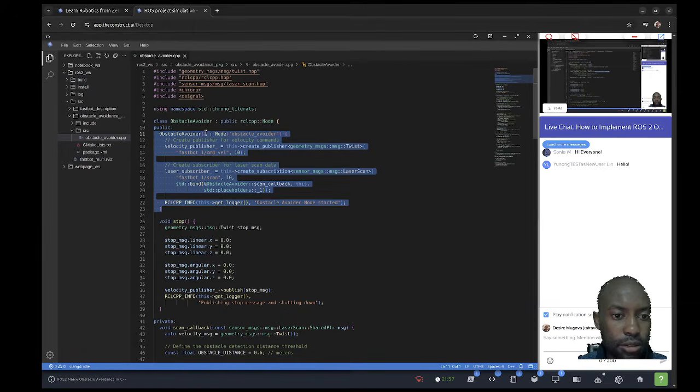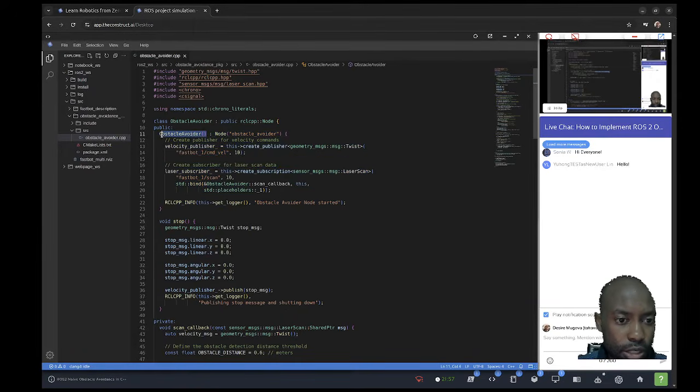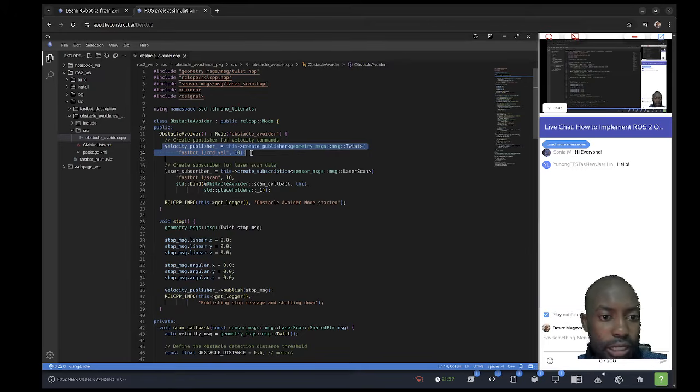So something that has got the same name as the class, but it's got parentheses next to that name. This is our constructor, and then we also initialize the class it is inheriting from. So the class above it, we initialize it and give it the name obstacle avoider. And then we are also creating a publisher, in the same constructor. So the constructor that creates our obstacle avoider node also